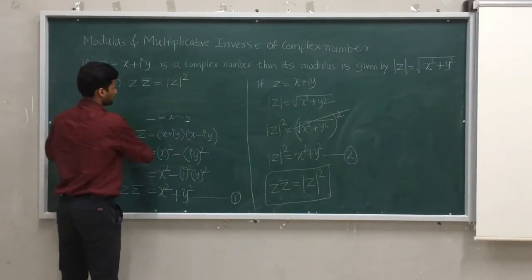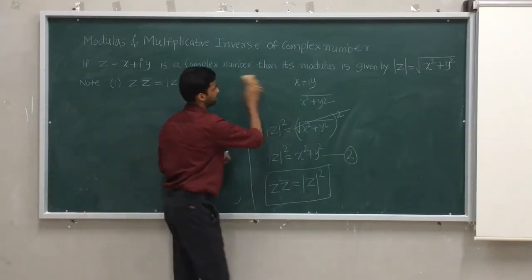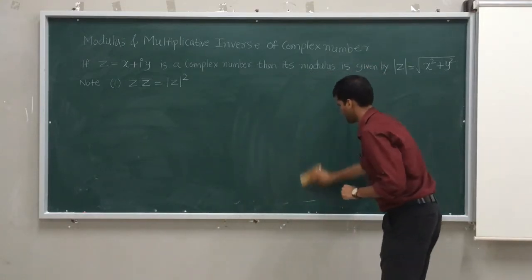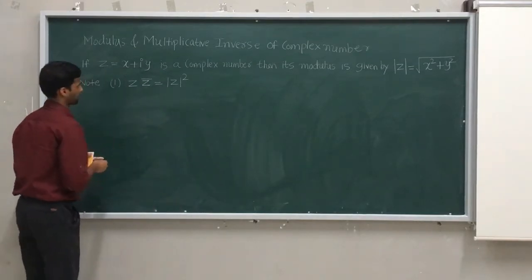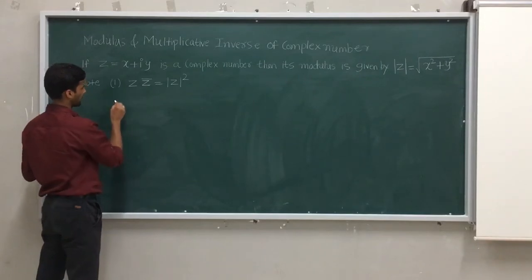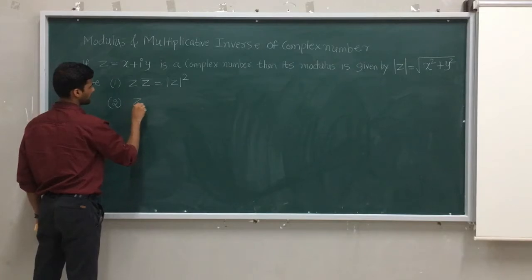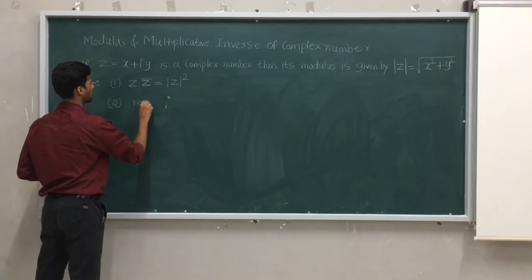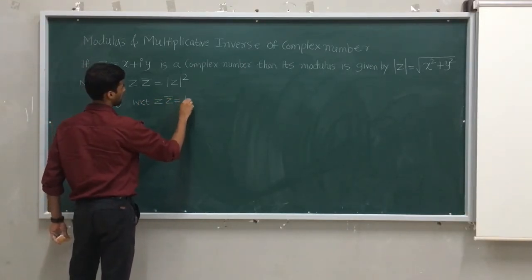Now with this I will play some game with this equation and let me check what will happen. So what we'll do here is I will take this as point number 2. This is point number 1. We know that z into z bar is mod z the whole square,